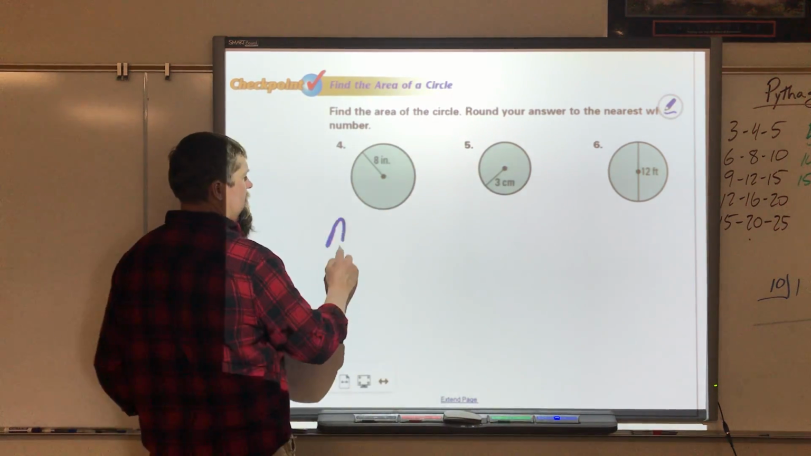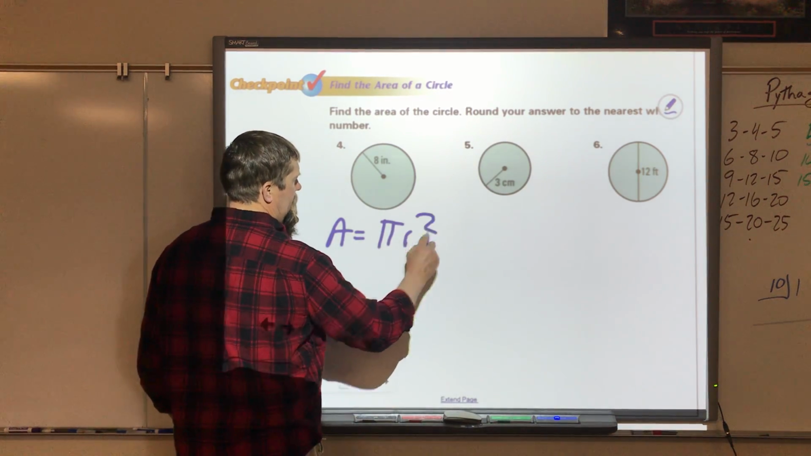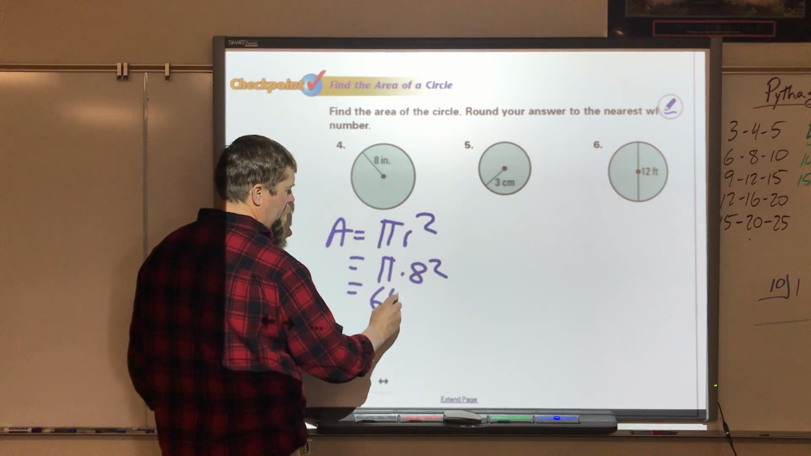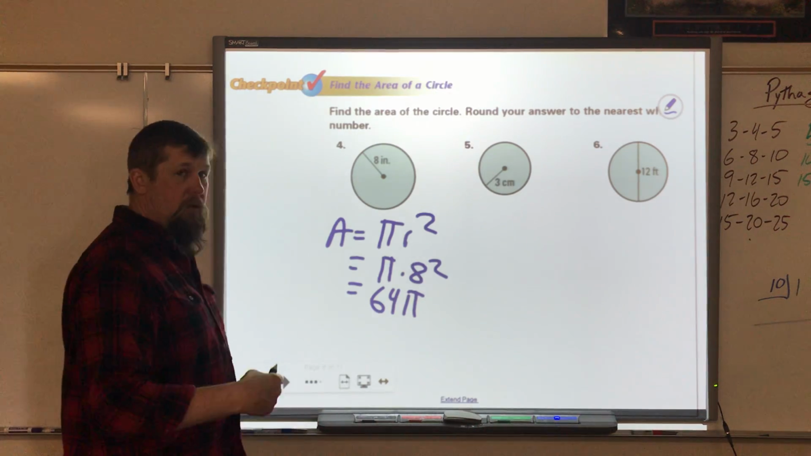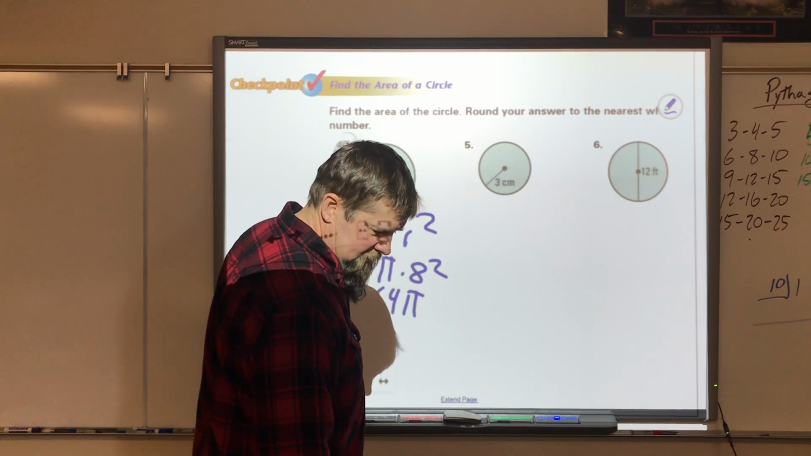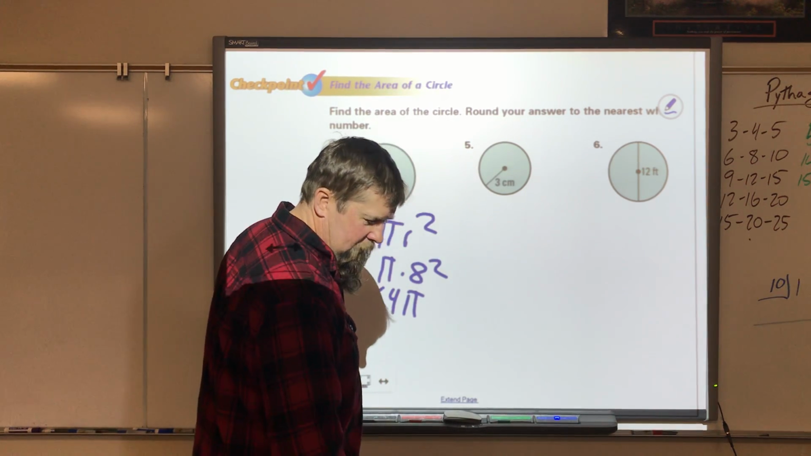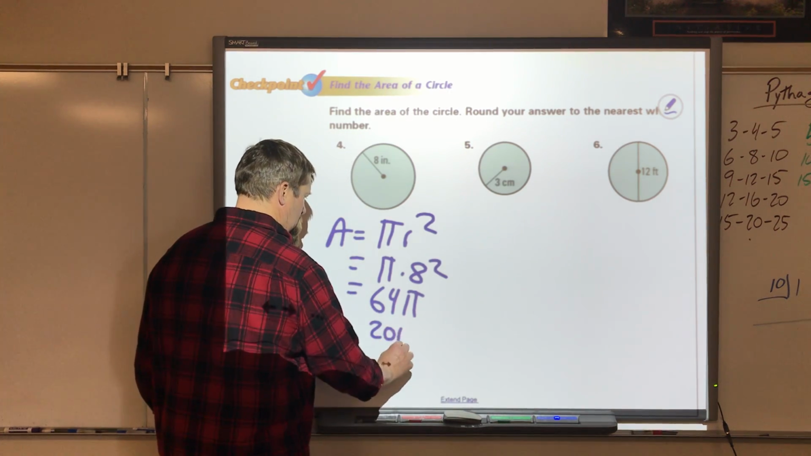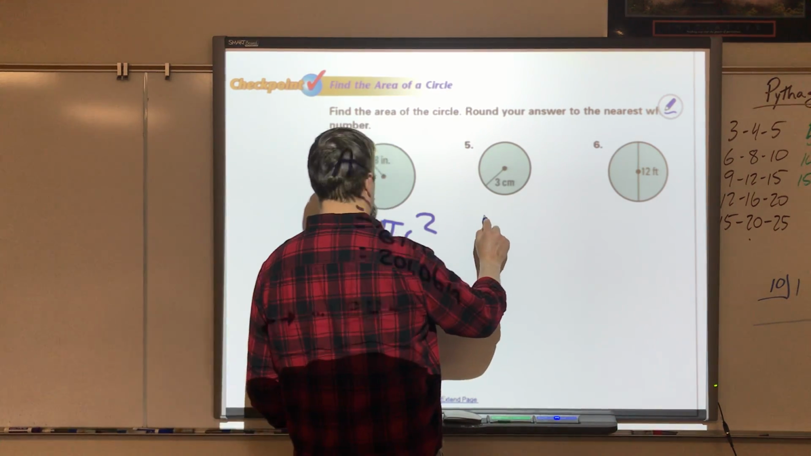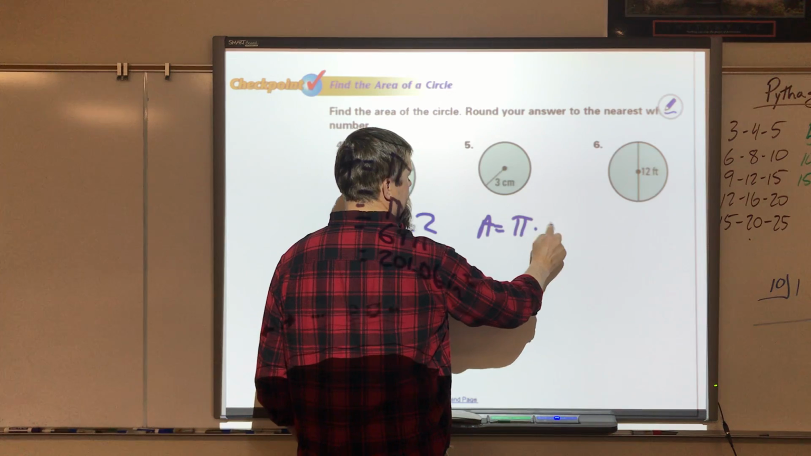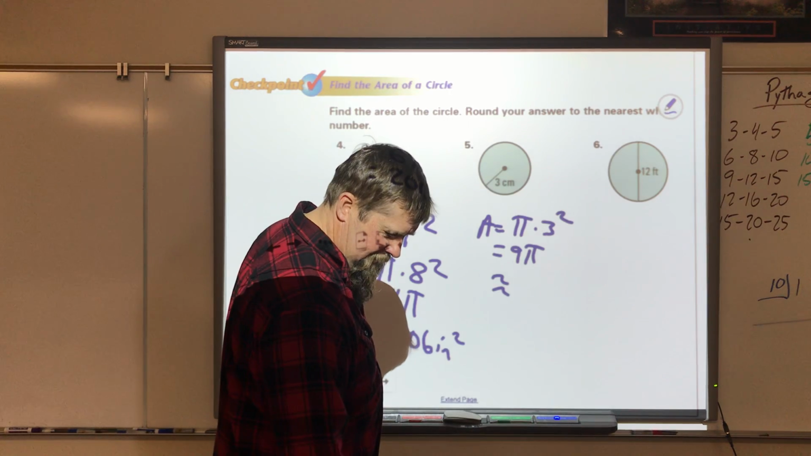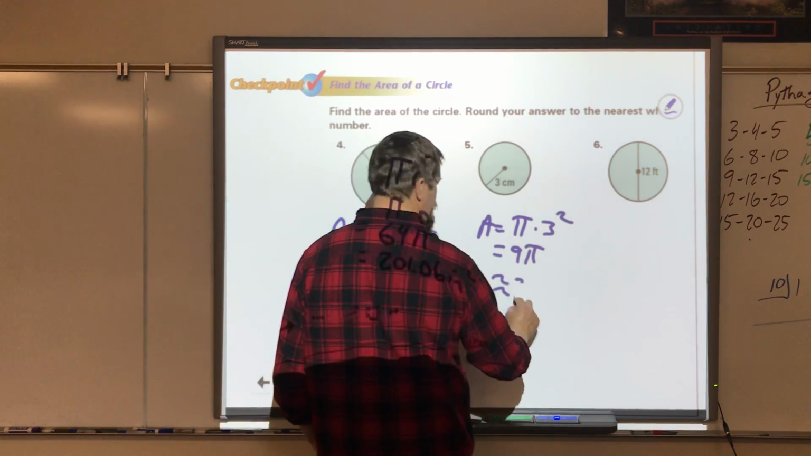Okay, welcome back. A equals pi r squared. A equals pi times 8 squared, which of course is 64 pi, and then you can multiply that and get an approximate answer. Hopefully you did that, and you get 64 times pi is 201.06 inches squared. This one is pi times 3 squared, which is 9 pi, which is approximately 28.27